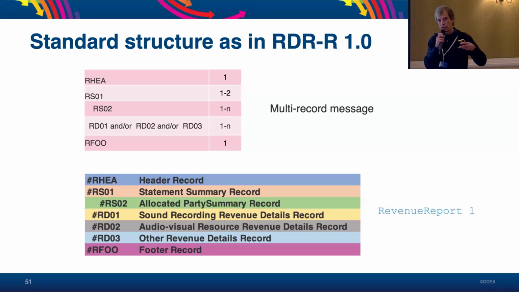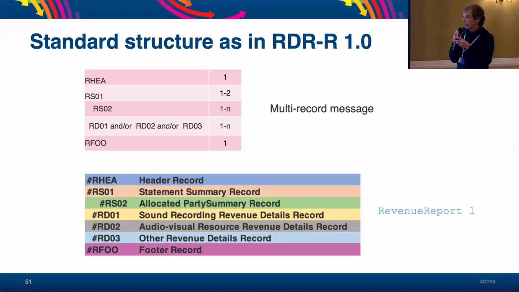So your TSV message then starts with a header record, which has an identifier in the very first cell of the line saying RHEA, so record header or report header or whatever. And that's the single line which gives all the information about the administrative details of the message. Who is sending the message? To whom does the message go? When has the message been created? That's the information that is in the header record.